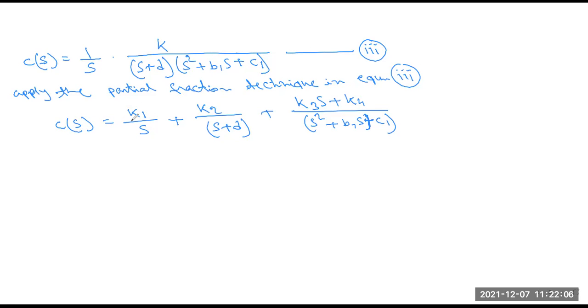That is C(s) equals K1 by s, and so on. Here K means K1, K2, K3 and K4. These are basically the constant terms of the control actions in the control systems. So K1, K2, K3, K4 apply in the different controller parts: proportional controller, proportional integral controller, proportional derivative controller, and PID controller. These are the constant terms we have to implement. Is this clear to all of you?